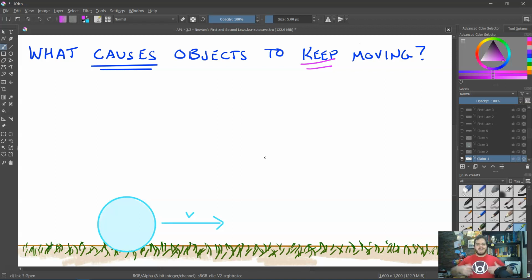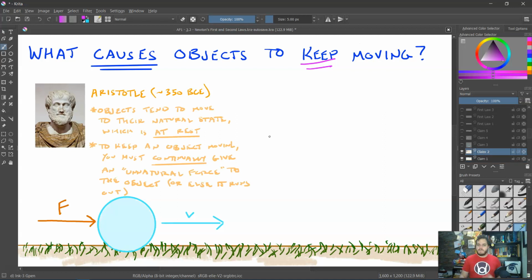But what causes it to keep moving once it's been accelerated? There have been many different ways, but particularly two that we've historically thought through this situation. And once again, we're going to return to some old friends. The first one was back 350 years before the birth of Jesus, and it was from Aristotle, who said that